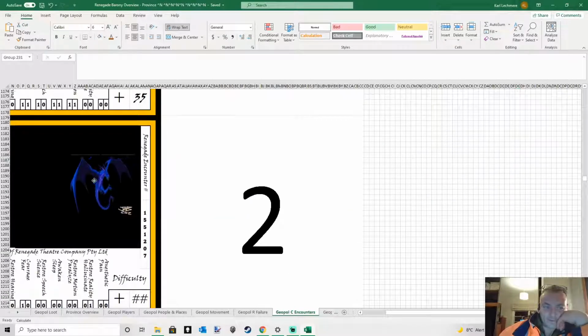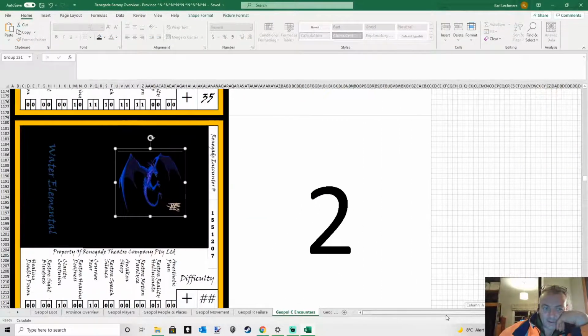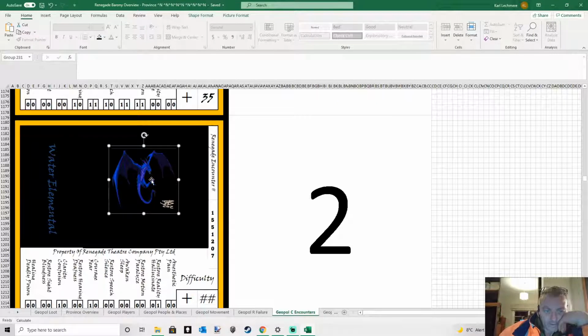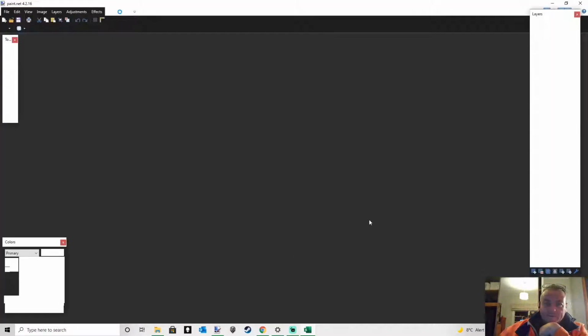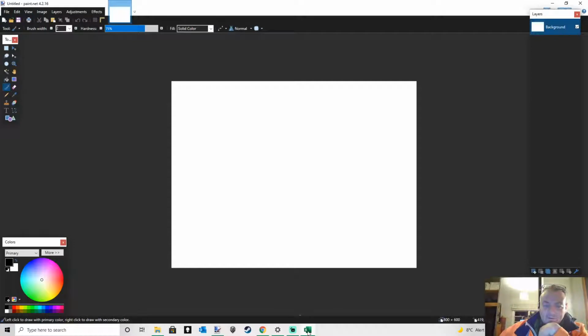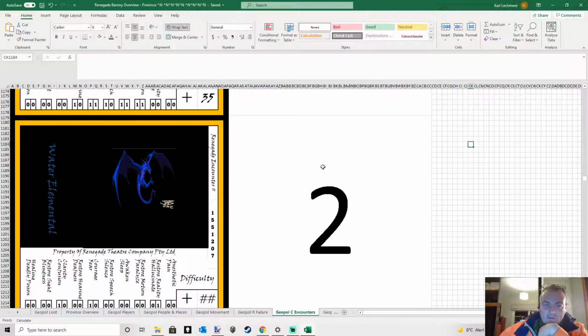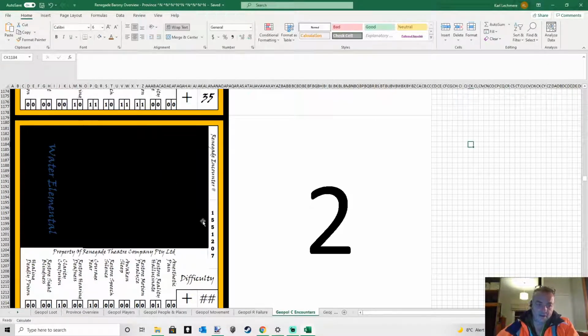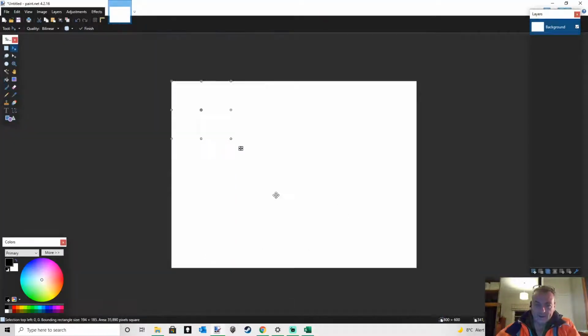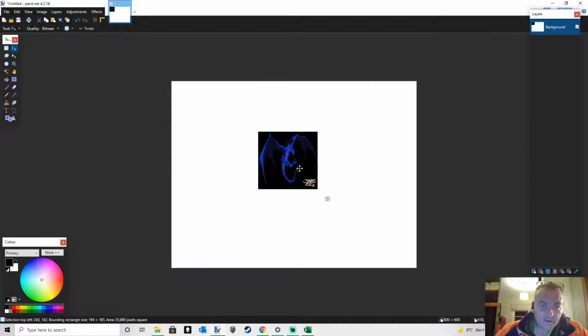Alright, so I know I said this was going to be a short one and everything. Yeah, look, no, I can't just let it go. Alright, we'll fix this. So opening up Paint, and I'm going to cut that, and then paste that, and I'm going to create another layer, and this will be a black layer.